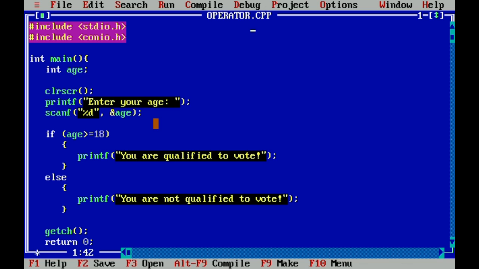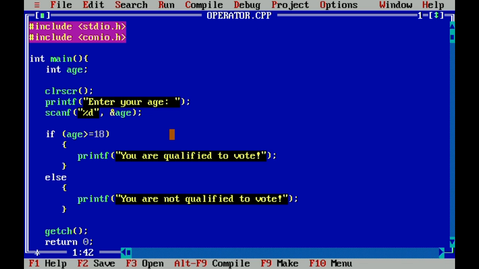We can also consider that since the age is an integer, the user can also enter a negative value. We do not have an age of a negative value, because zero means it's a baby. If it's negative, I don't know if it would be called a fetus. So we try to limit our conditions, I mean, we make our program more realistic.